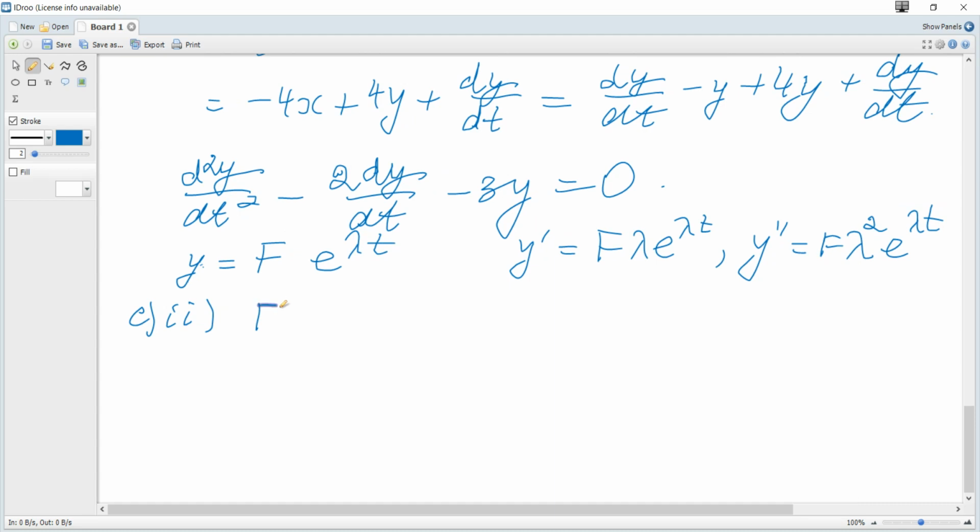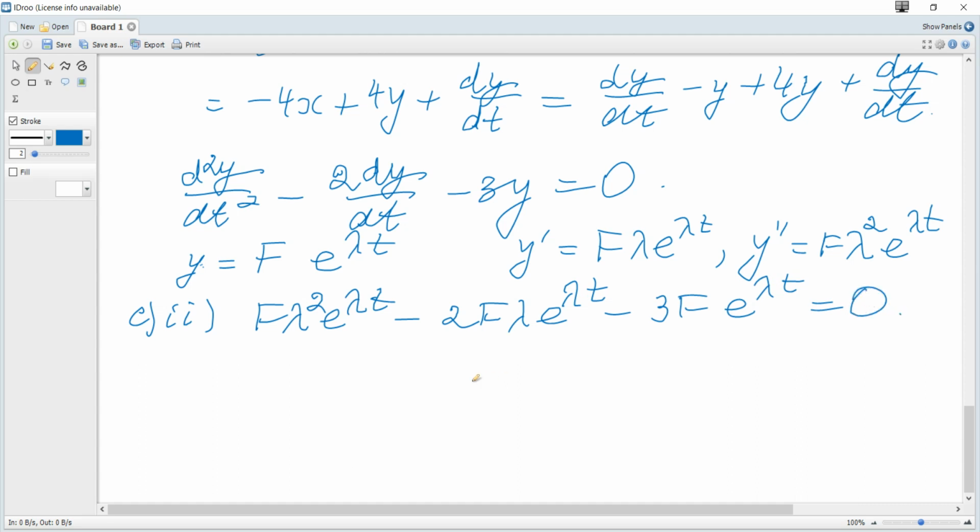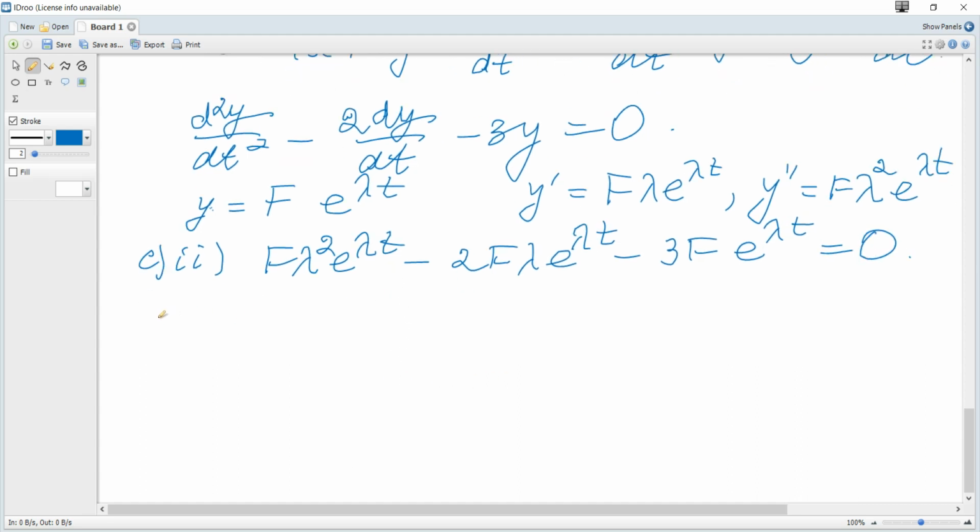It becomes f lambda squared e to the power lambda t minus 2 f lambda e to the power lambda t minus 3y, f e to the power lambda t is equal to 0, since e to the power of lambda t cannot be 0,